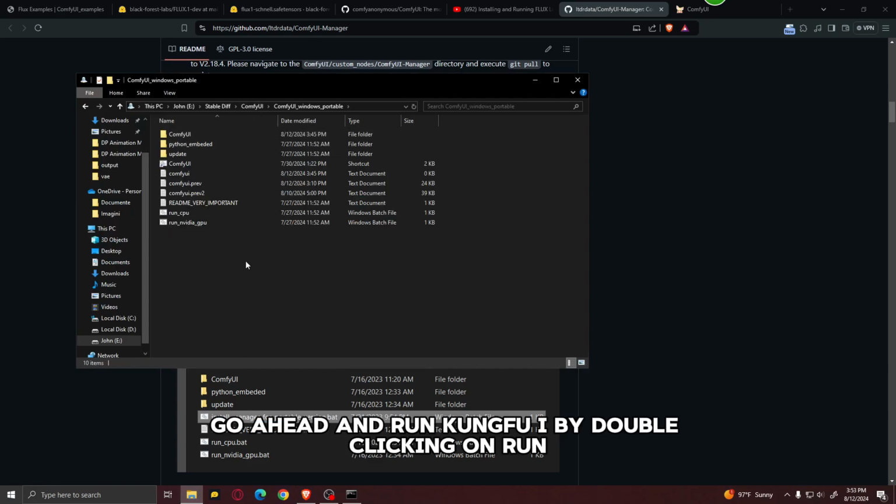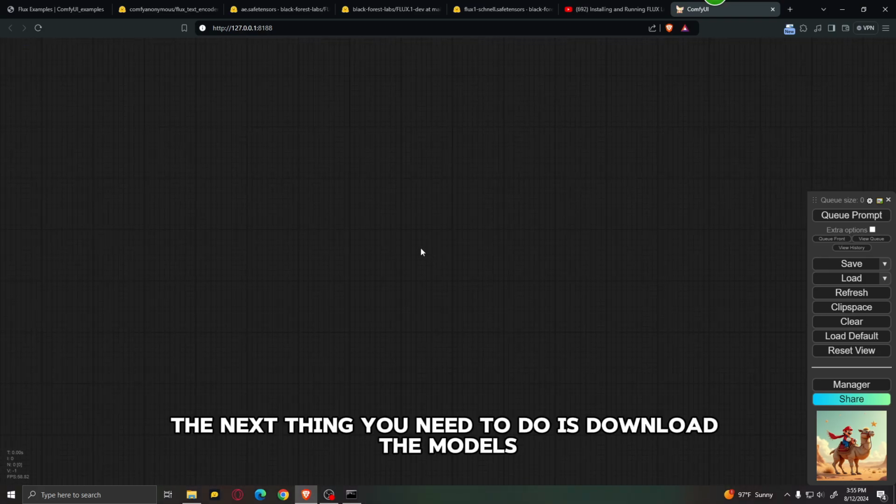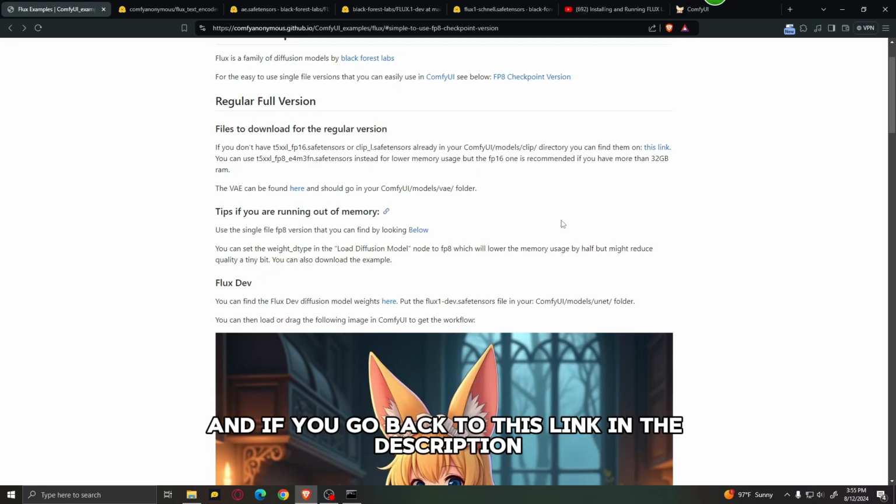Go ahead and run Comfy UI by double clicking on Run NVIDIA GPU. After you've done that, you should see this blank screen. The next thing we need to do is download the models. And if you go back to this link in the description,